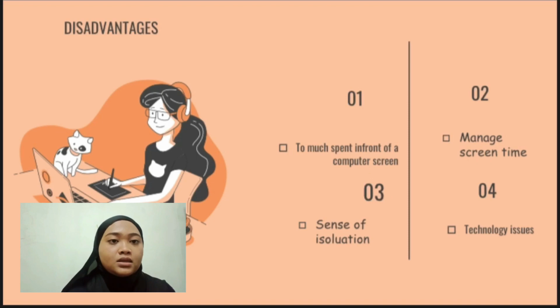The last disadvantage of online learning is a sense of isolation. In online class, there is minimal physical interaction between students and lecturers.